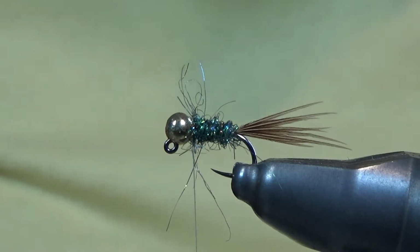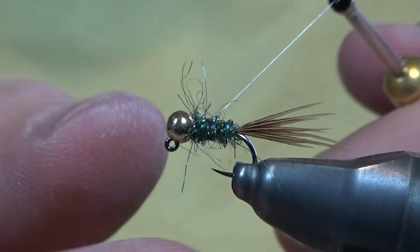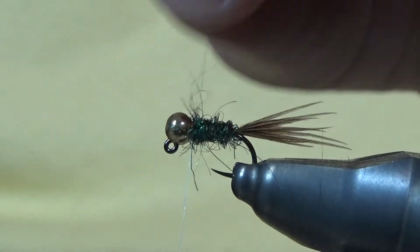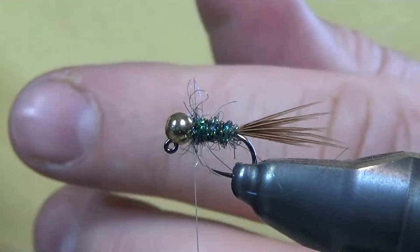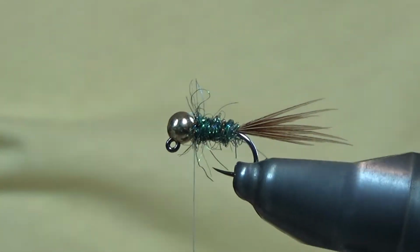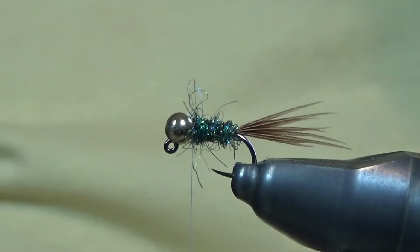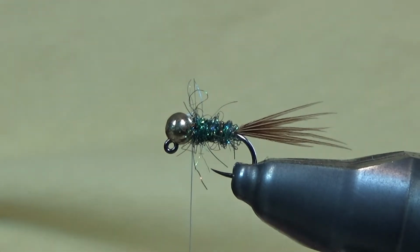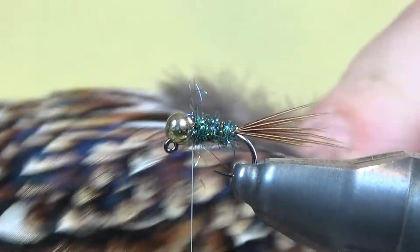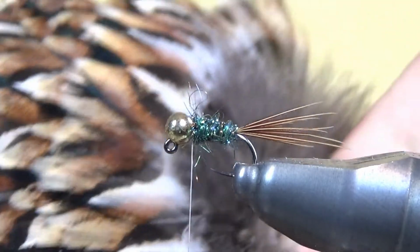That's fine. Now, I'm going to tie a little soft hackle in on this fly, and before I do, I just don't really want all them long fibres hanging over it. I want them hanging out, but I don't want them overly long. So that's fine. And yeah, I'm going to tie in a soft hackle, and the soft hackle is basically church windows from a pheasant hide, and this is one I preserved myself. I haven't done a video on preserving these, but this is one I did myself earlier this